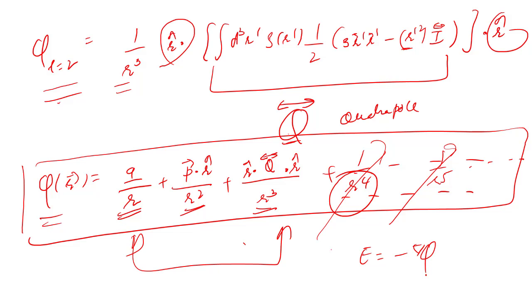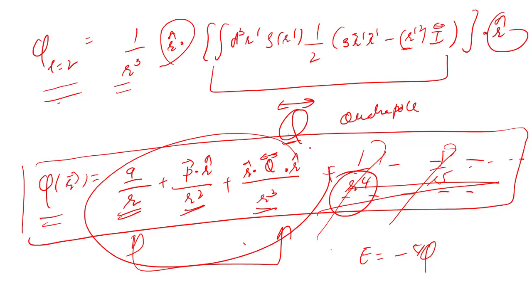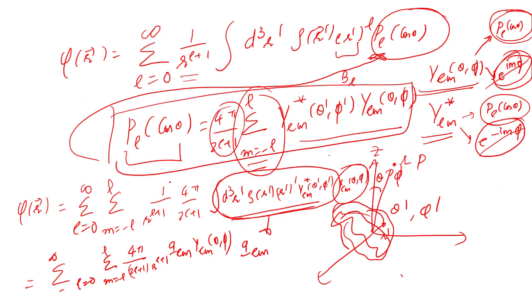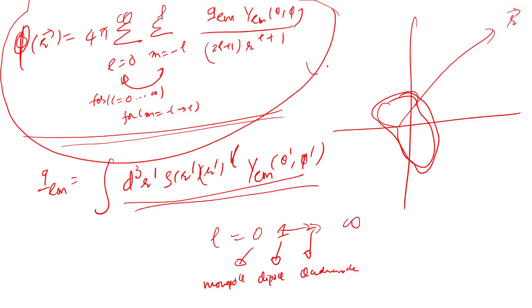So you can ignore these higher order terms in general. From the multipole expansion like this, we can calculate the potential for any charge distribution and obtain the electric field by